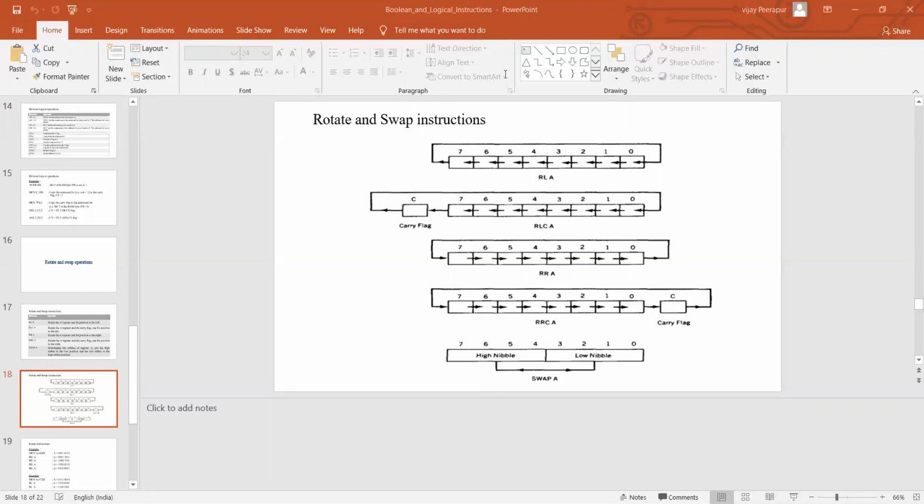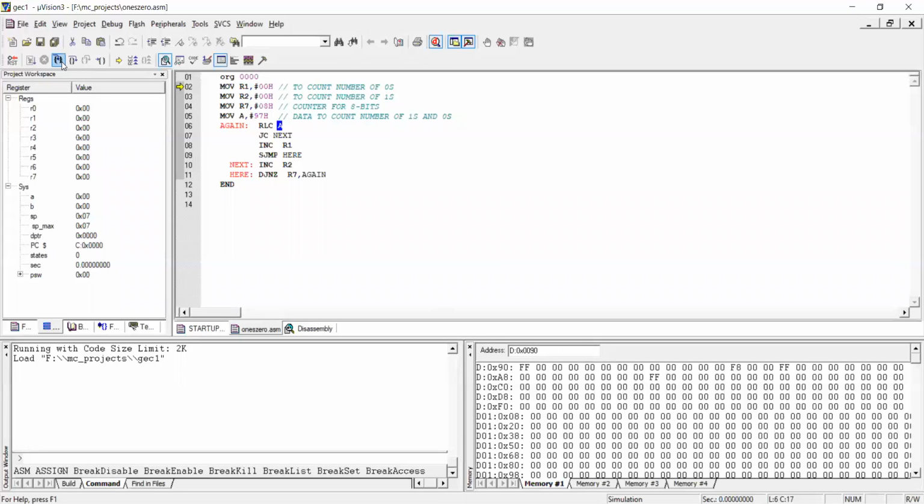So that we'll see how the execution takes place for this one. First we'll initialize the registers to store the number of zeros and ones, and we'll set the counter to 8, and on which data we need to count the number of ones and zeros, which is nothing but here we have taken it as